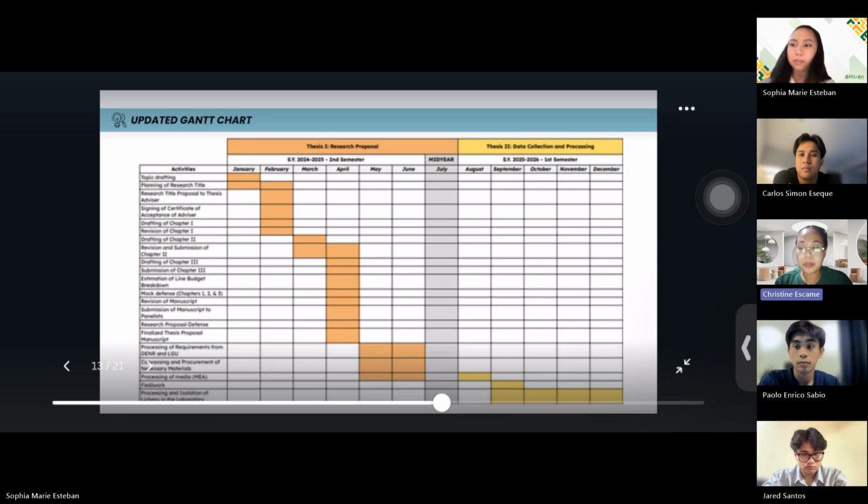Now, for the month of September, it is allotted for the fieldwork, at the same time processing and isolation of lichens in the laboratory. Now, for October to December, it is continuous processing and isolation of lichens in the laboratory. Additionally, sending out the pure samples of ELF to Macrogen South Korea for molecular identification and testing the antagonistic activity of it against Aspergillus niger is allotted for the month of November to December.